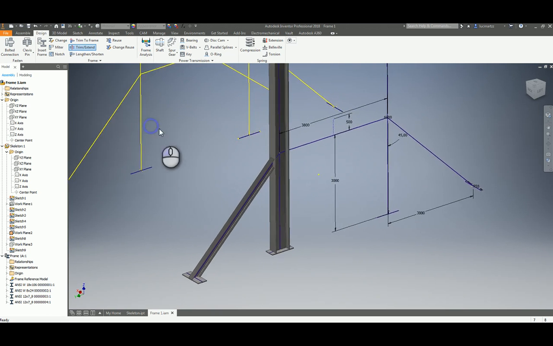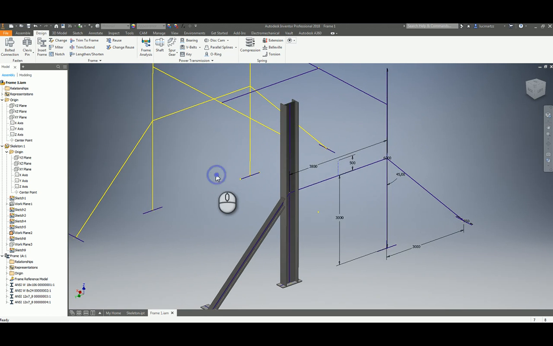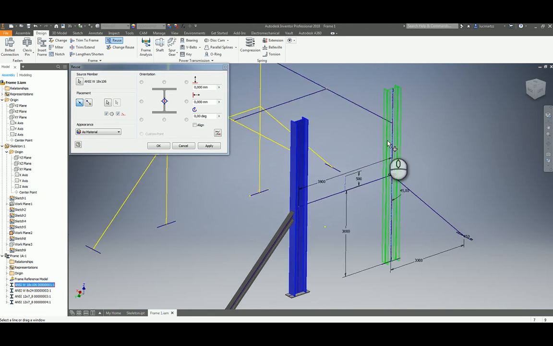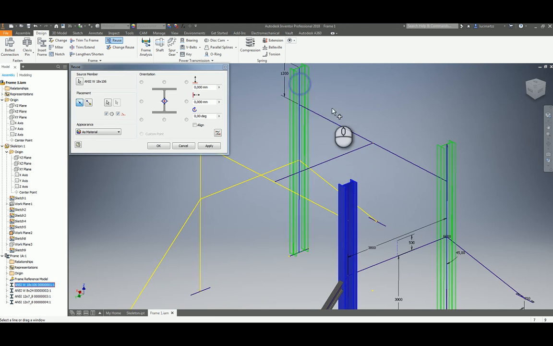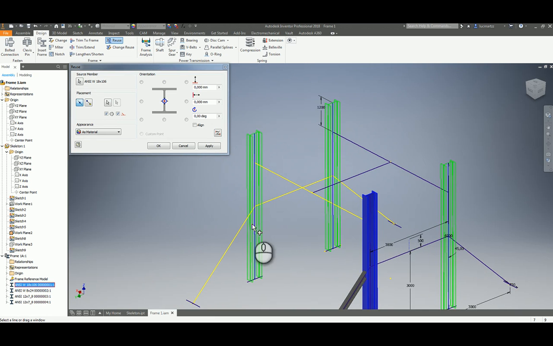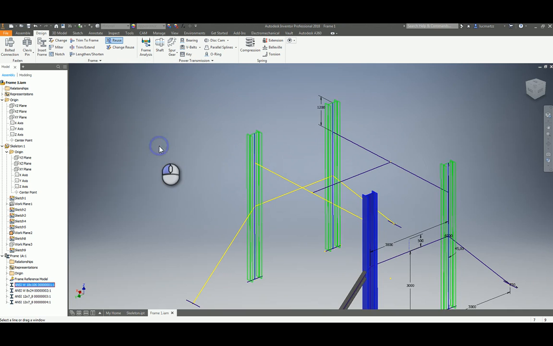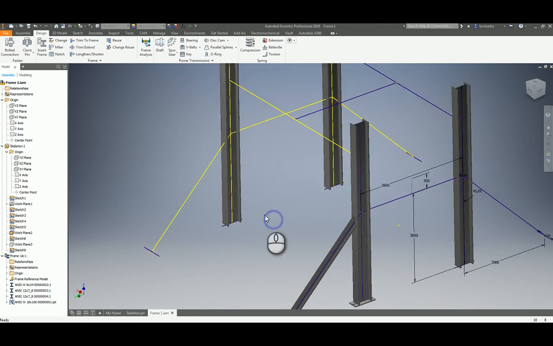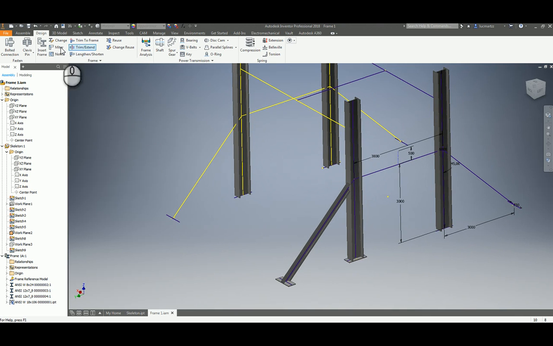And now I'm going to use the reuse tool. I'm going to select the element that I'm going to reuse, and I'm going to select the frame or the line of the skeleton that is going to be my reference. Okay, so I hit OK here, we are OK. I'm going to reuse this other one,